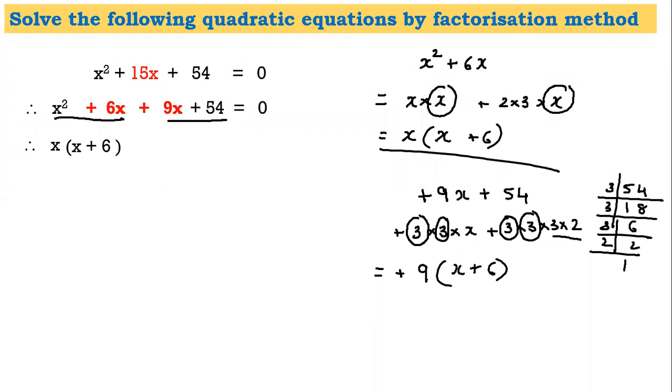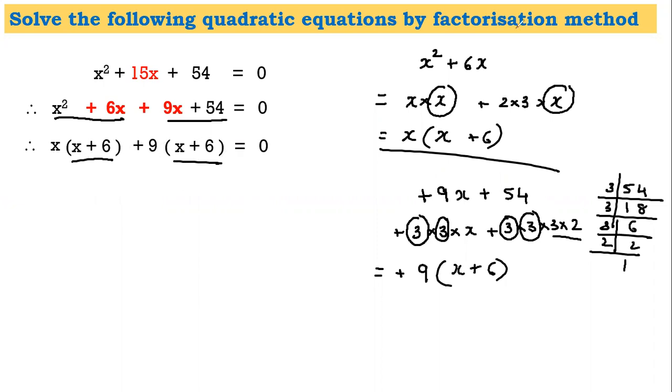So remember one thing, students, whenever you're solving this type of sum, if there is plus here, it has to be plus here. If there is minus here, it has to be minus here. Now, since we know how to take common, 9 is common here, and what remains in the bracket is x plus 6, that is equal to 0. Now, students, if you carefully see, once again, x plus 6 is common. These are two terms, right? Because there is multiplication here. So there are only two terms.